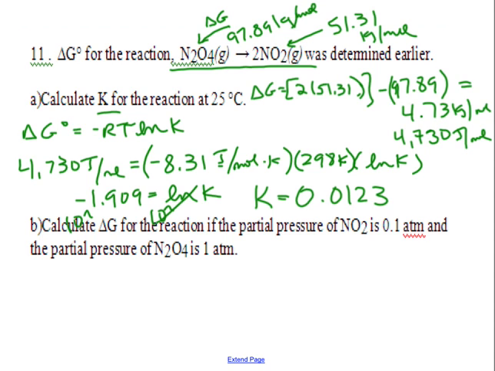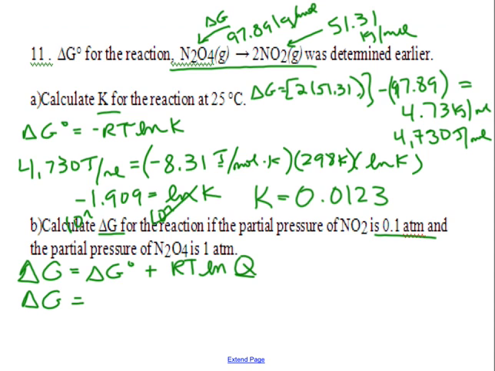Now this next problem says, well, calculate delta G. Notice it doesn't say delta G naught. For the reaction if the partial pressure of NO2 is 0.1 and the partial pressure of N2O4 is 1. Because we're calculating delta G and not delta G naught, we have to use the other equation, where delta G naught plus RT ln of Q this time, because we're futzing with these pressures, and so we are making them not equilibrium pressures, so we have to figure out what they are initially in that Q. So delta G is what we're solving for. We have delta G naught from the previous problem,